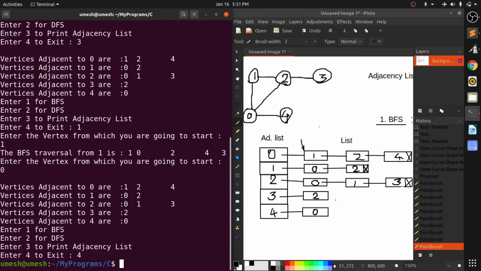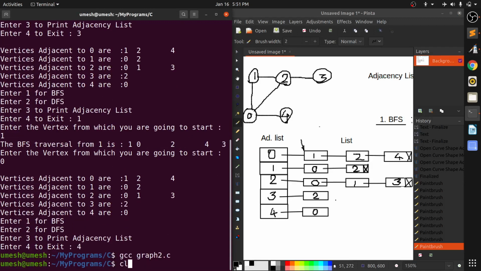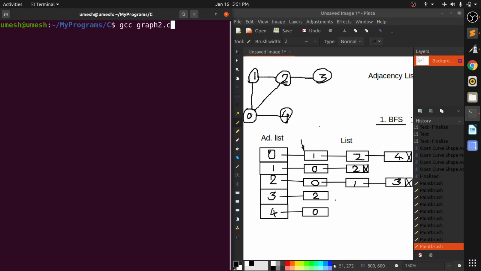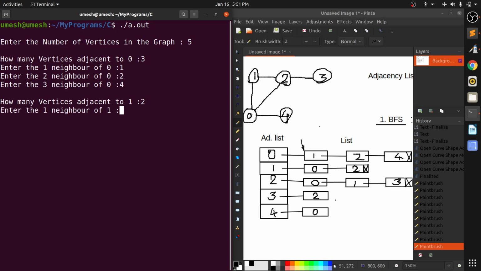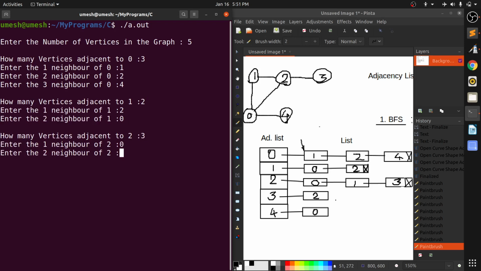Also, for your understanding, we will take an example again. We will consider all the examples. Okay, so 5 vertices are there. Now I will do it fast. 1, 2, 4. Now from 1, 2 and 0. From 2 there are 3, that are 0, 1, 3. From 3 there is only 1 and that is 2.